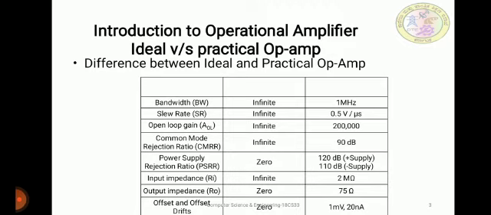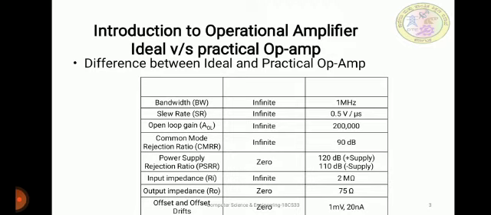But in case of the practical op amp, so here the heading, yes, I have missed. So the first column indicates the characteristics, the second column indicates the ideal op amp characteristics, and the third column indicates the practical op amp characteristics. The practical op amp will consume some power and have very high input impedance, limited gain and bandwidth and limited slew rate, and it also has some input bias current and input offset voltage.